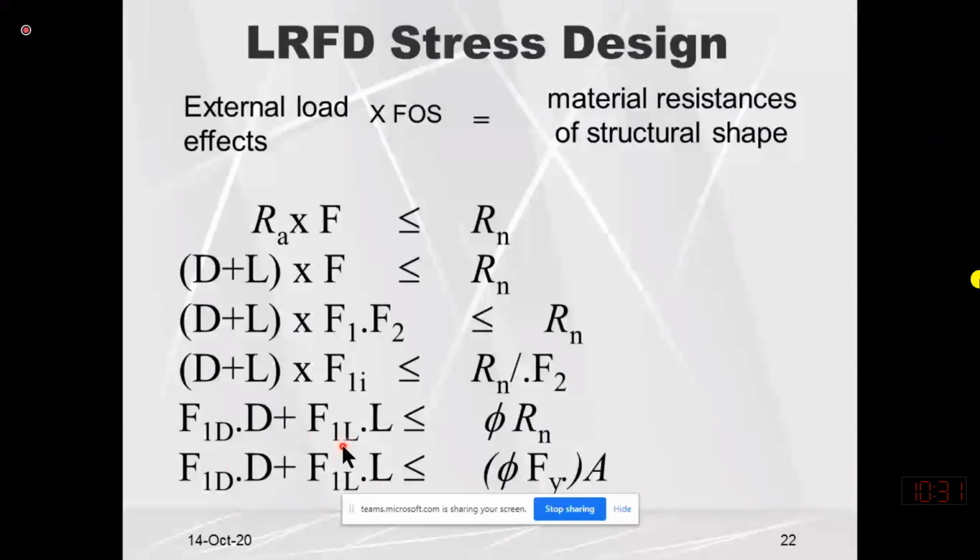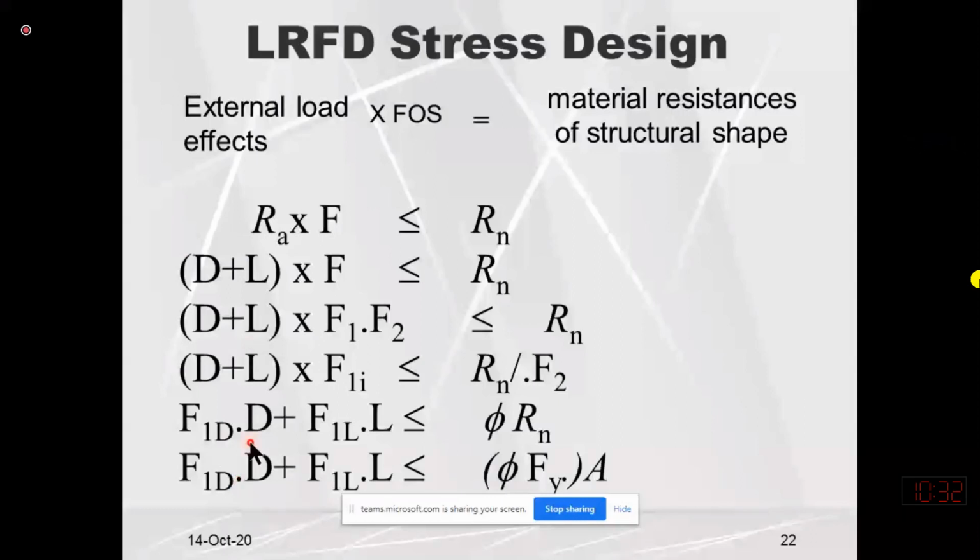So why are we using the smaller factor with dead load? For example, if you are sitting in a classroom, there are 50 chairs. If the weight of one chair is 10 kilograms, maybe all the other 49 chairs will also have a weight varying between 9 to 11 kilograms. It is not like one chair is 10 kilograms and another chair will be 60, because the fluctuation in dead load may not be too much. But in live load, the fluctuation may be very large.